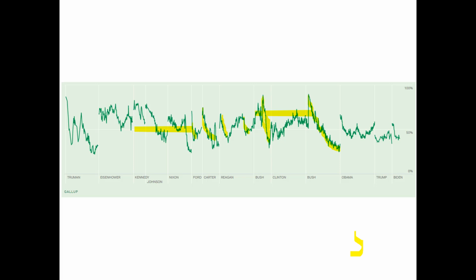His father, George Bush Sr., took a massive hit in his approval ratings with the recession. And then even Obama took a big hit very early on, but then recouped a little bit of popularity. Trump was very low to begin with, but actually dipped even lower still. And Biden also took a big hit in his approval ratings right off the bat because of these expectations